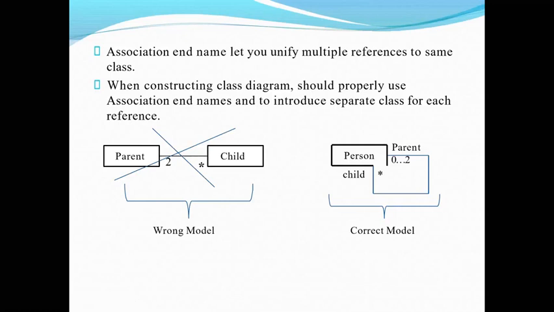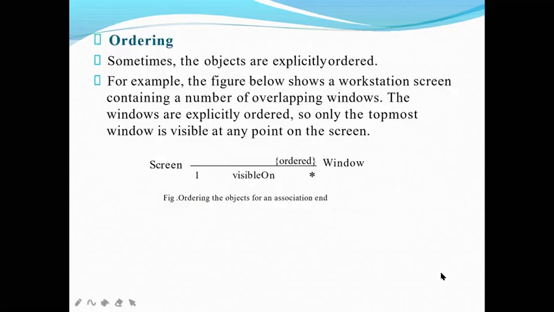Whenever you cannot generalize any of the class names properly, you need to go to the generalization concept. So if I write teacher and student, then this kind of diagram is fine. But if I am going to the parent and child relationship, as it is an inherited relationship, I cannot write these things in my association end name. I need to go for the concept of generalization or inheritance, where I have to maintain the model in this way.